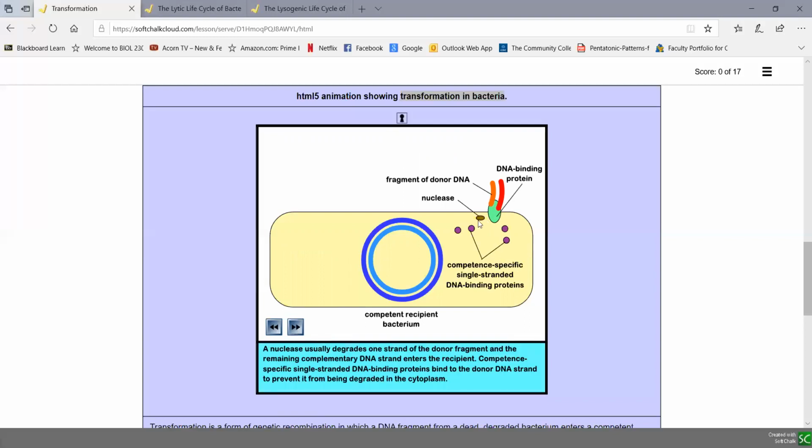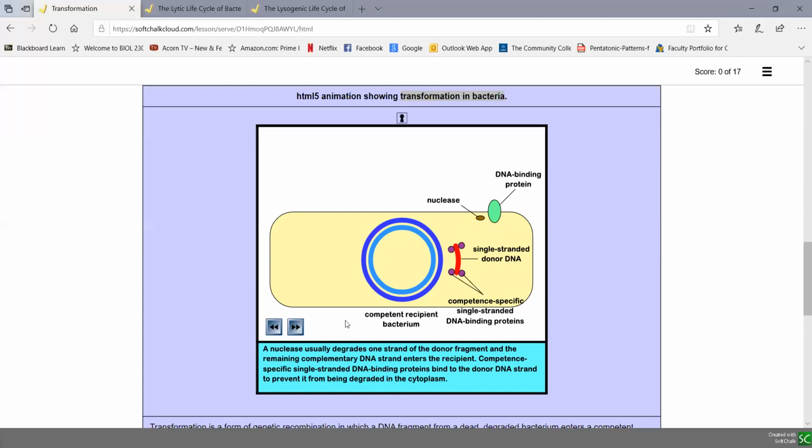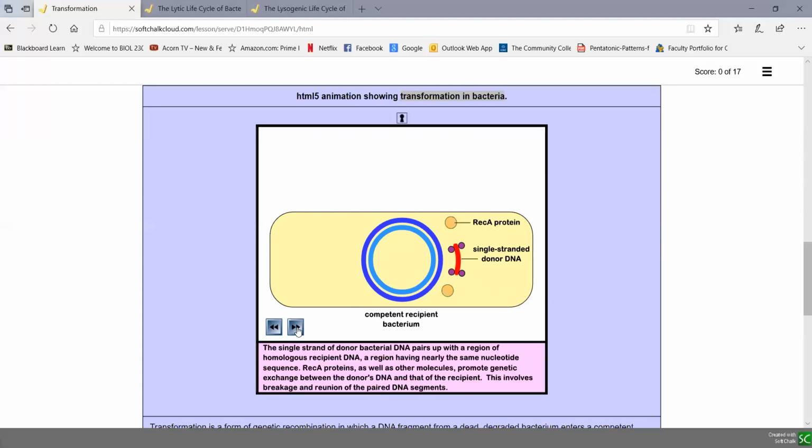So what's happening in this case is that a nuclease, shown in brown here, is going to degrade this orange strand. And then some single-stranded DNA binding proteins, the purple circles, are going to bind to and protect the red strand from the donor fragment. So there we see the orange strand being degraded and the red strand being protected by these single-stranded DNA binding proteins. Now the Rec-A proteins come into play. These Rec-A proteins, as we'll see here,